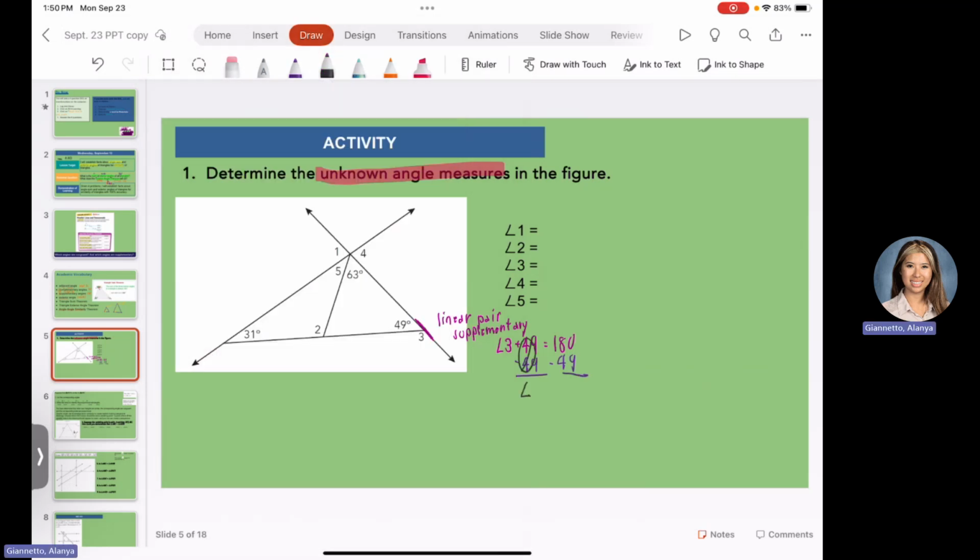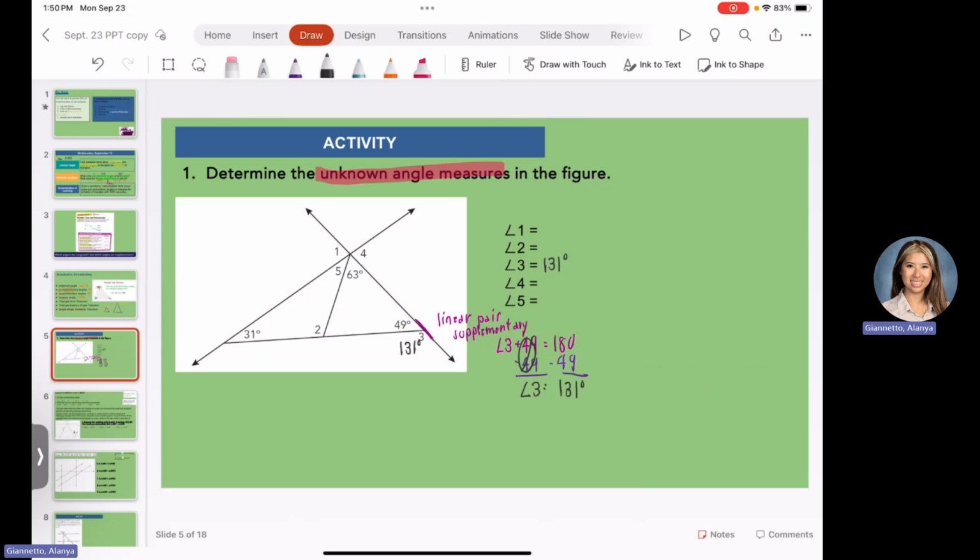And then we have that angle 3 is equal to 180 minus 49, which is going to be 131. So angle 3 is 131 degrees. I'm going to go ahead and label that on here, 131 degrees. Okay, so next,